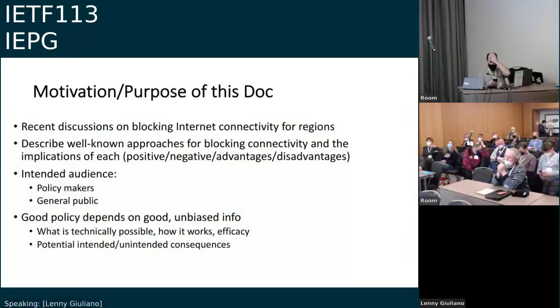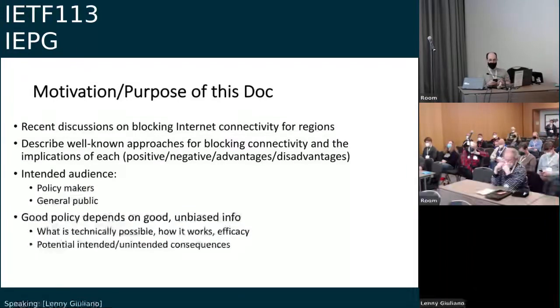Positive, negative, what are the advantages, disadvantages? What are the potential consequences, intended and unintended? The target audience for this document is policymakers as well as the general public. Basically, everybody who's not in the room right now or in this working group, but is interested in understanding what